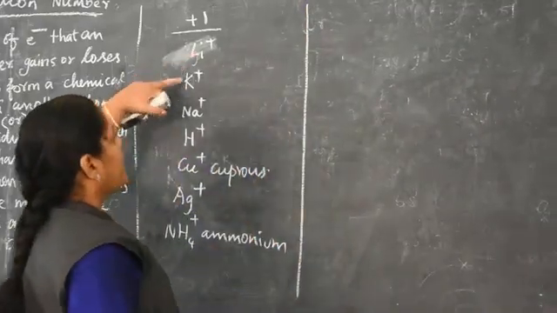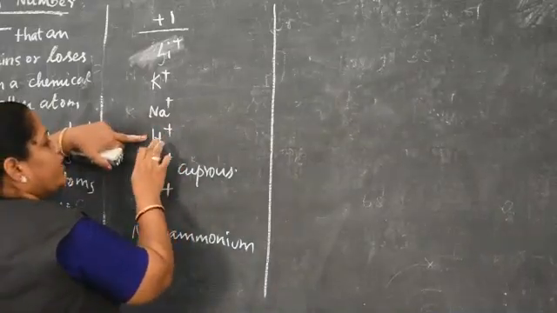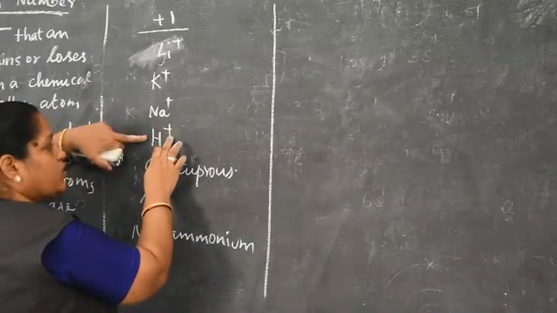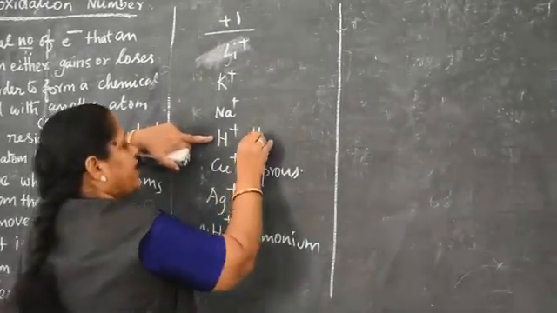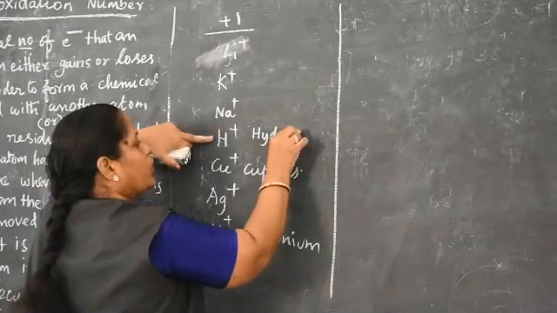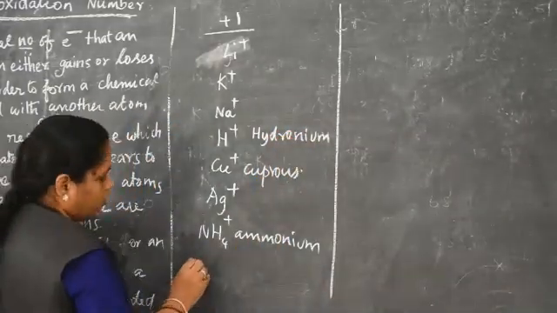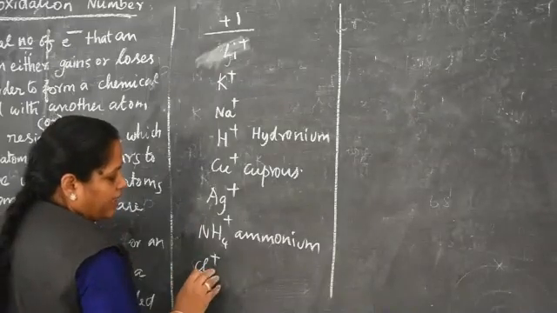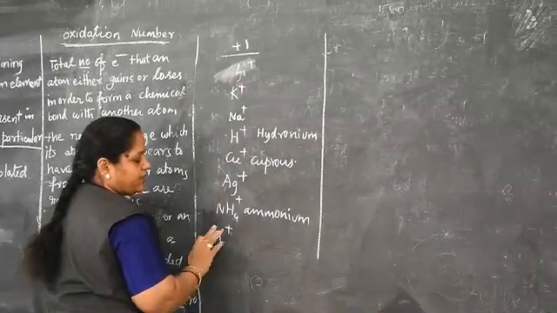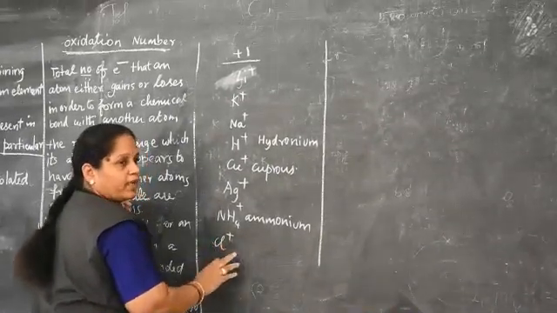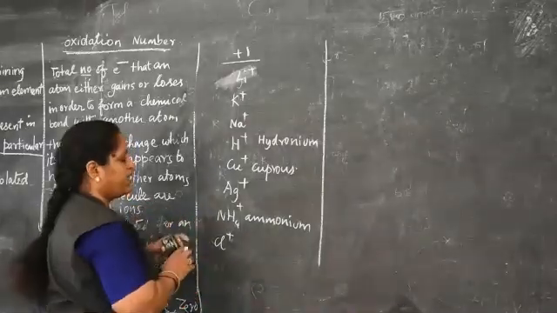The remaining are lithium ion, potassium ion, sodium ion. This is hydronium. When a non-metal carries a positive charge, the suffix ends with -ium, that's why it is called hydronium ion. Cl plus: usually it carries a negative charge, but in some cases it carries a positive charge, and at that time it is called chloronium ion, bromonium ion. NO plus means nitronium ion, like that.